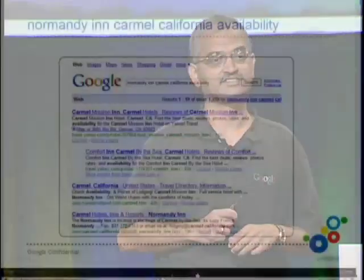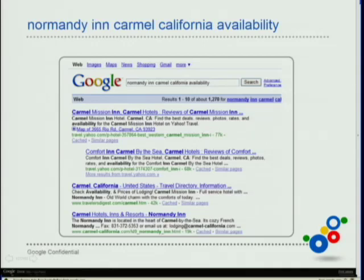The only problem with this query is that the Normandy Inn does not have online reservations. And so there are no good pages out there that provide the user the information they want about the availability. If we were to do the naive thing and simply return to the user results that had all of the words in the query, then we would get terrible search results like this. We would in fact give them results about the Carmel Mission Inn instead of the Normandy Inn,